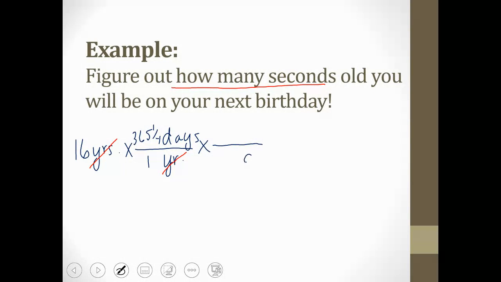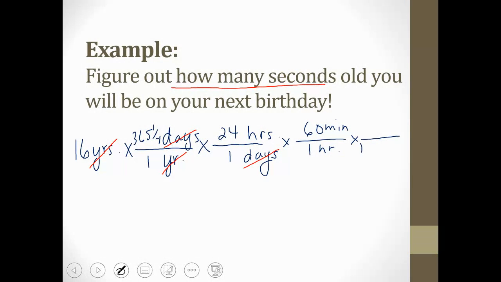For example, we can convert from days to hours because we know there are 24 hours in one day. Top and bottom of the factor are equal. And I set it up, I put days on the bottom so that it divides out with the label that's on the top of the previous factor. Continuing on, we know that an hour is 60 minutes, and we know that a minute is 60